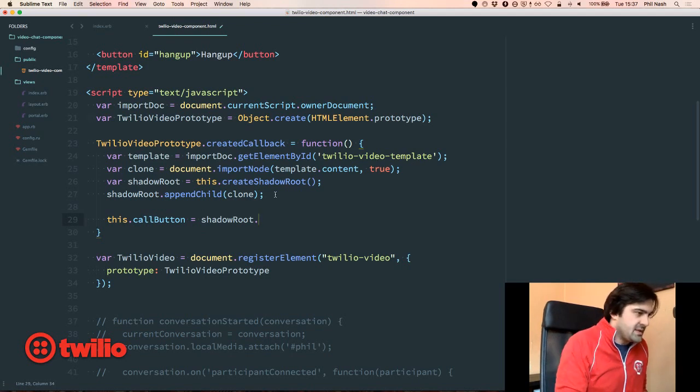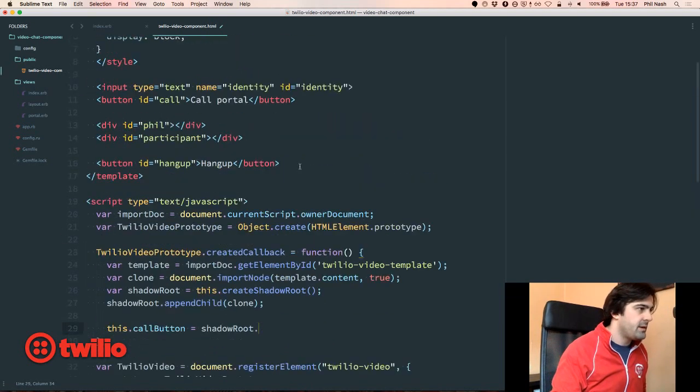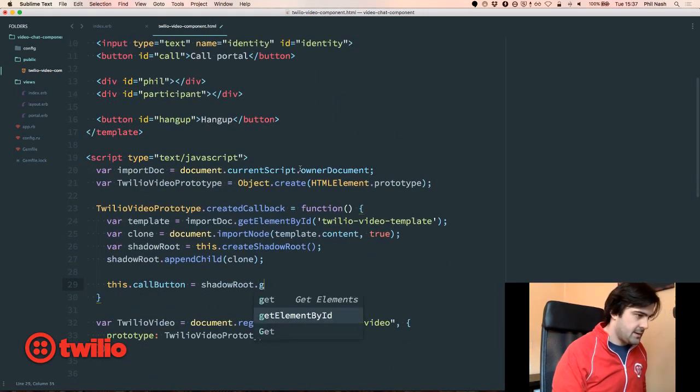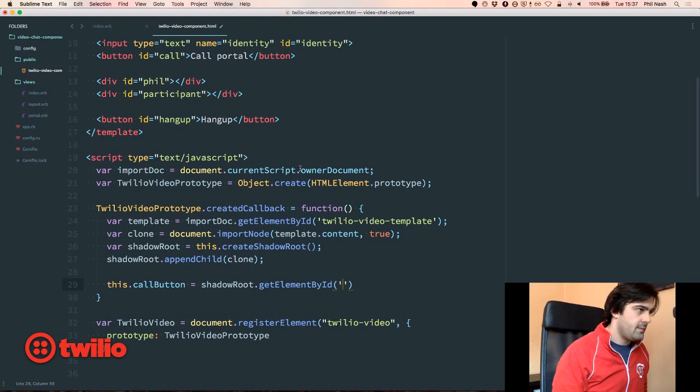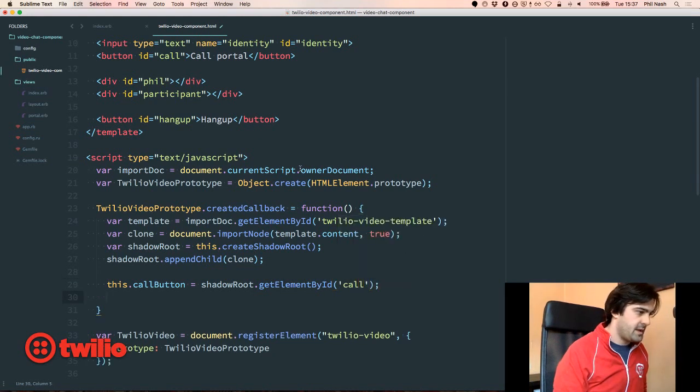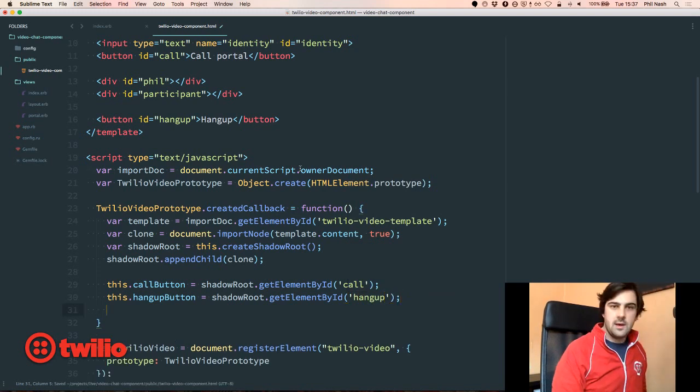But the shadow root is still just a document, so you can call the same things on it. So our button was called call, and we can actually get the hang up button too. Hang up,